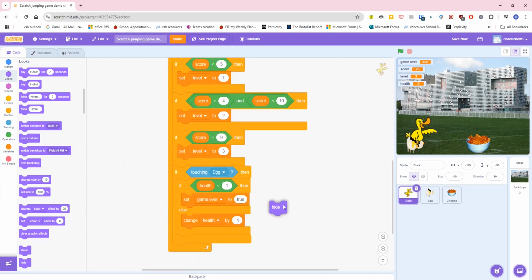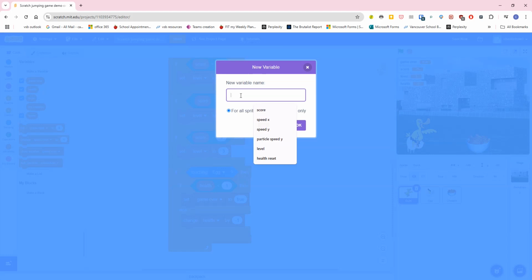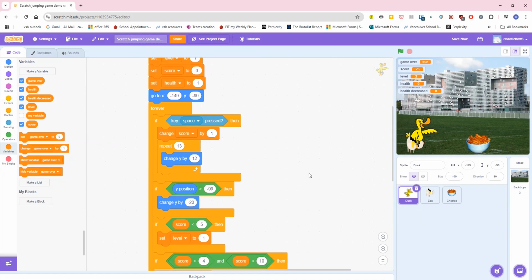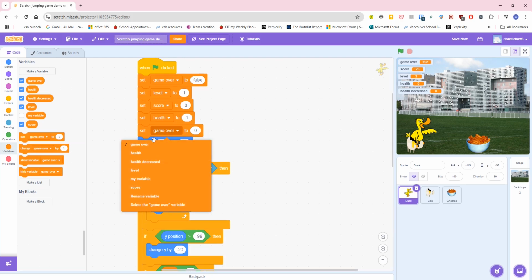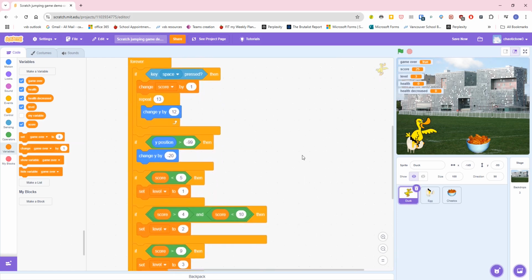So what I'm going to have to do is make a new variable. We'll call it, say, health decreased. And for all sprites, sure. Okay. Health decreased. And then what we're going to do is set it at first, as we do with most variables. Health decreased, and we're going to set it to false because I have not decreased my health. And then we're going to come down here